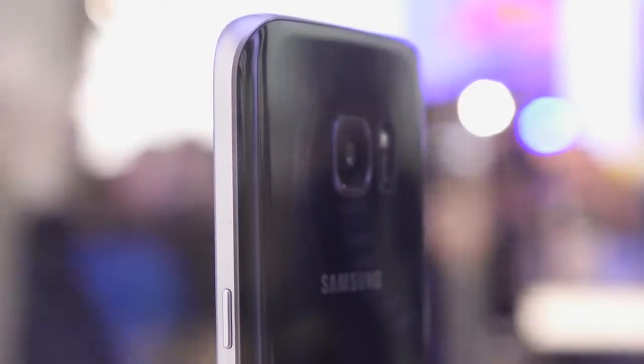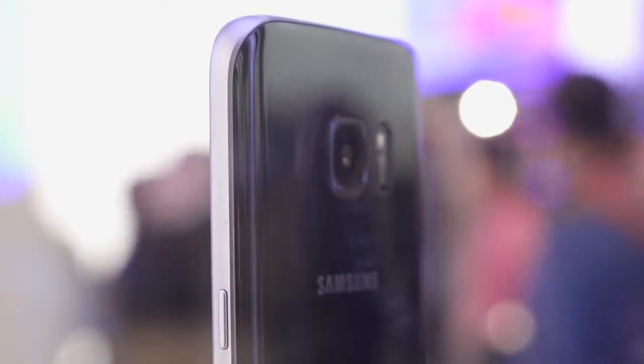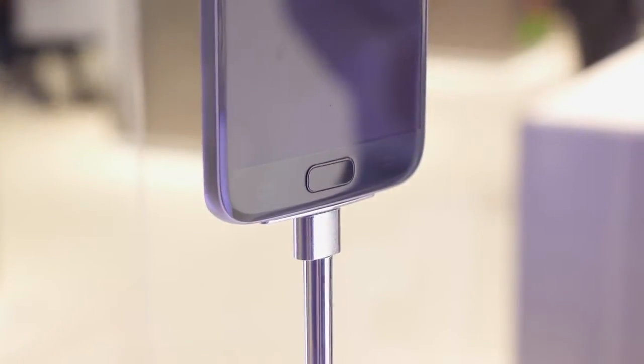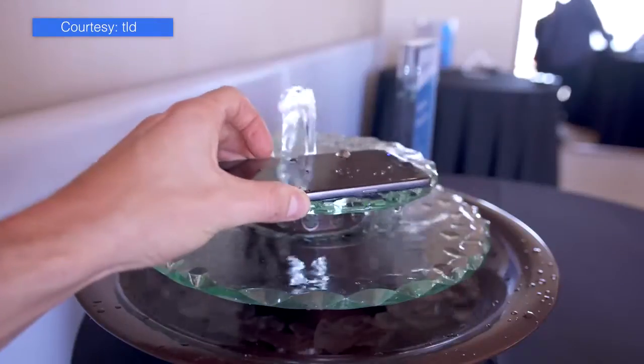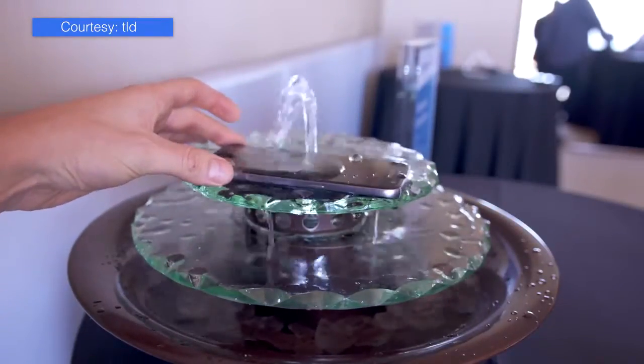Both are sporting a slight taper around back like the Note 5, and paired with the aluminum and glass build, it's undoubtedly one of the most premium looking phones out there. Samsung also brought back a couple highly requested features, including a micro SD card slot and the return of waterproofing. This is a big one. The Galaxy S7 can be submerged in 1.5 meters of water for 30 minutes, and thankfully there aren't any annoying